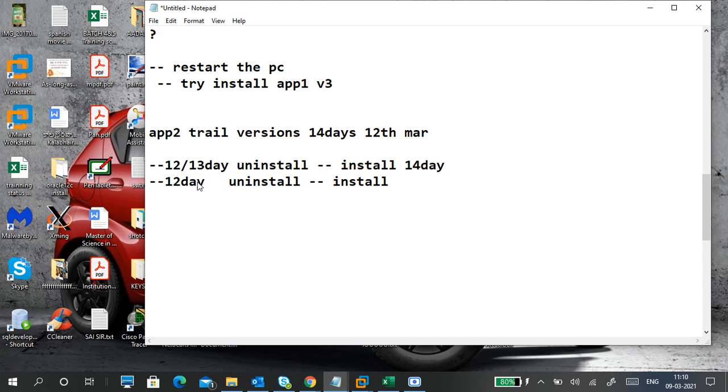How many days will you get? You will get 2 days only. Smart to smart: earlier, the smartness was to uninstall one or two days before expiry, restart the PC, install the new version, and automatically get 14 days.